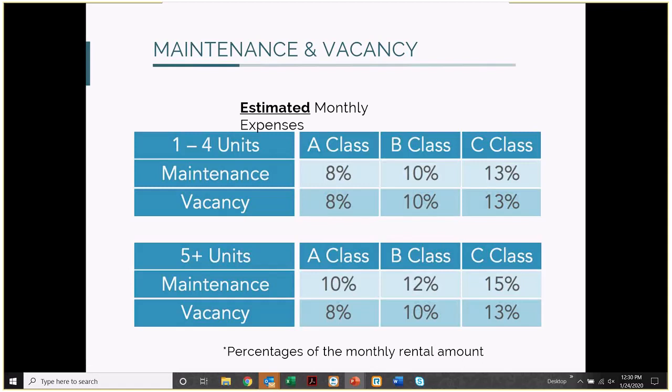So let's look at B class. B class says that we want to use 10% a month maintenance and 10% a month vacancy. Those percentages are percentages of the monthly rent amount. So that property that I was looking at just a minute ago in San Antonio rented for $1,400 a month. So the numbers that we would want to plug in are $140 a month of maintenance and $140 a month